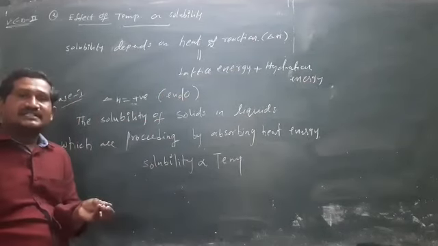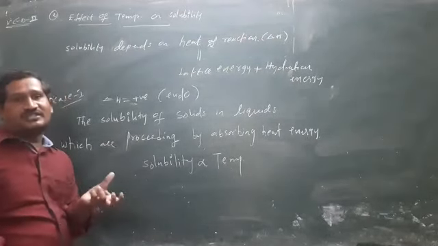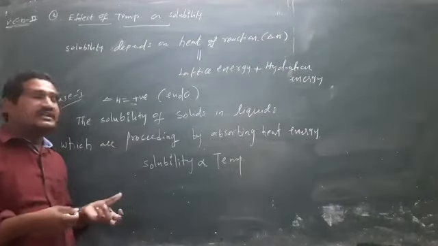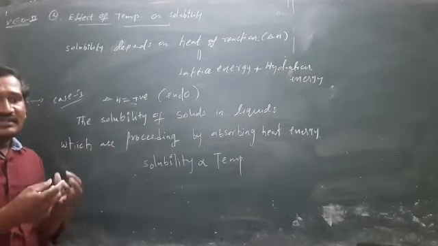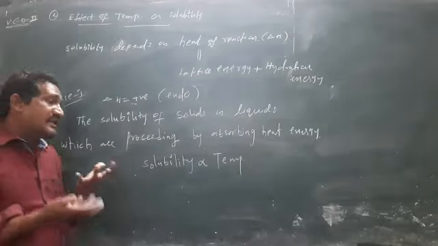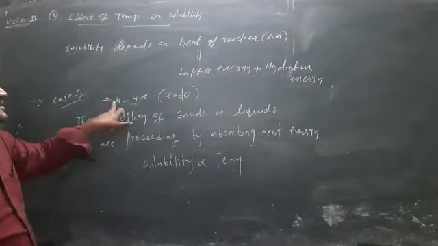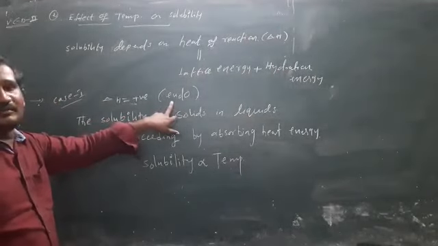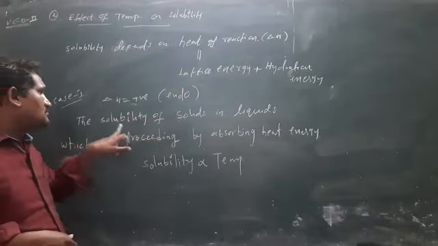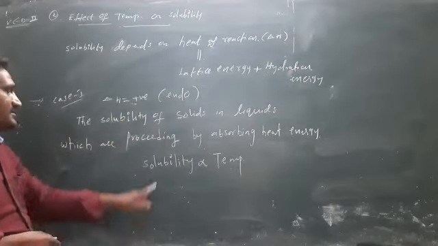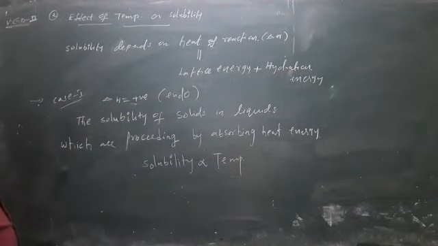Some solids can be well soluble with increasing temperature because when those solids dissolve in solvents, they absorb heat energy. So if we increase the temperature, more heat energy is supplied, and then the solids can be easily soluble. So for delta H positive cases, endothermic cases, where solids dissolve by absorbing heat energy, solubility is directly proportional to temperature.